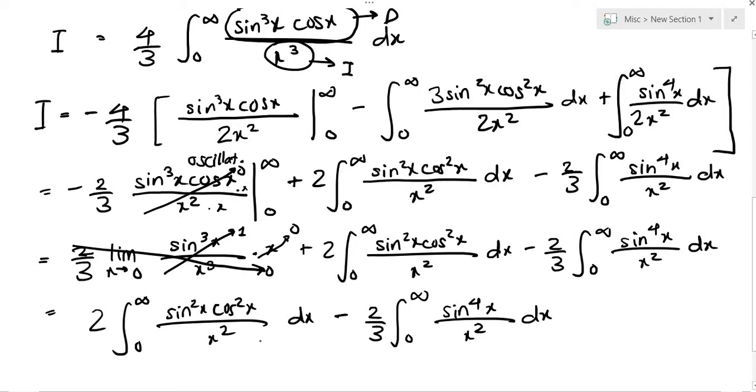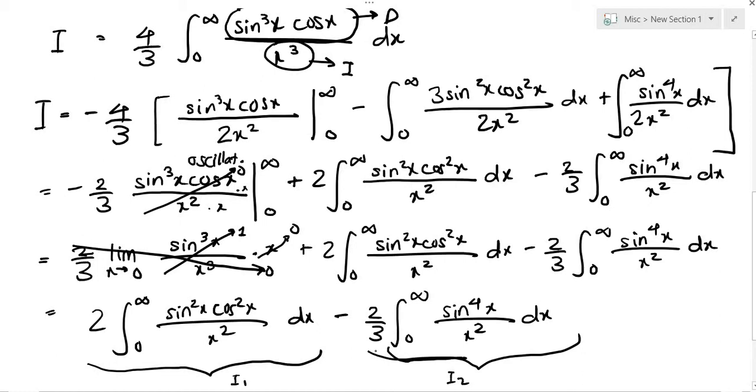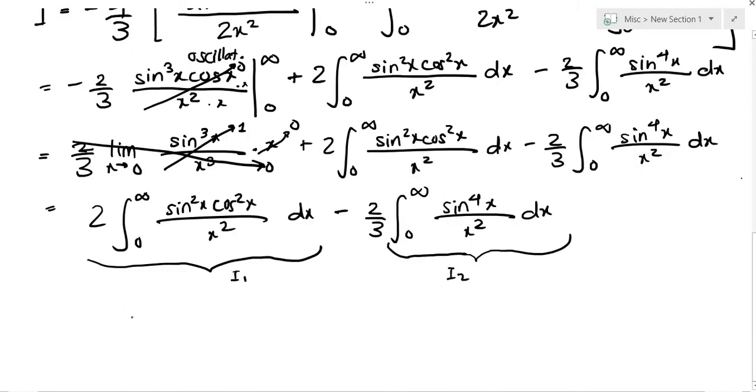So it's actually time to split these into two separate integrals, calling this I1 and this I2. But I won't be taking the 2 over 3, so I'll exclude that bit. So therefore our I is nothing but I1 minus 2/3 of I2. So let's do them separately. Let's do I1 first on a fresh page. See you there. So what's I1?